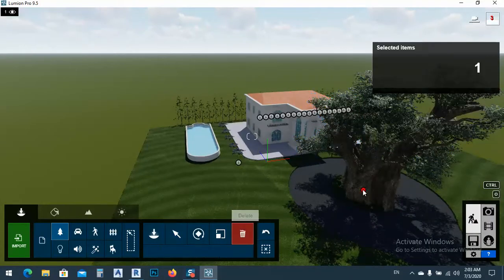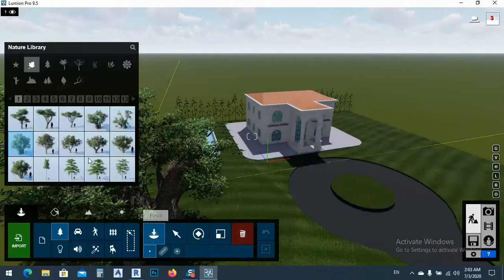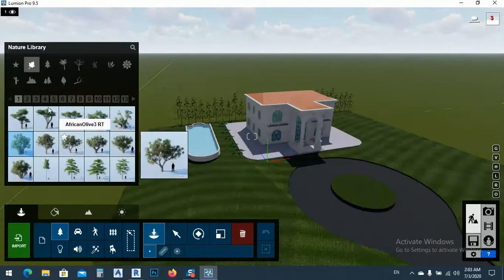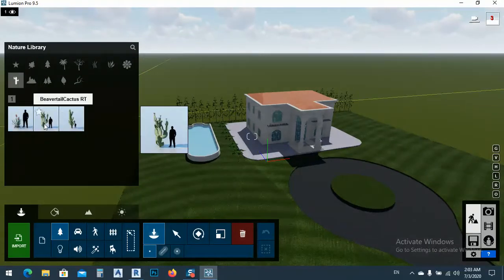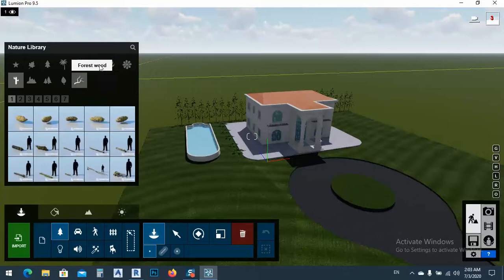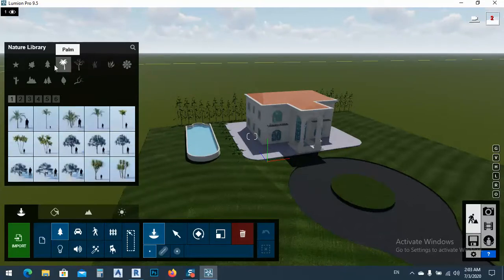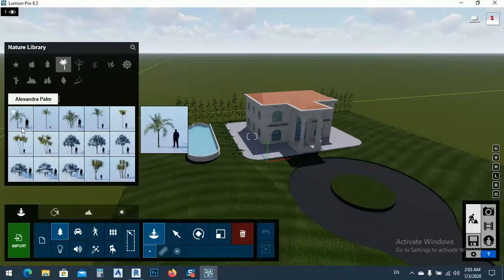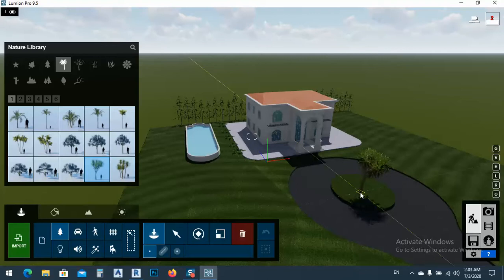I'll delete this one because it's too big. I will put another tree, or let's say a decoration tree. We can set the height, but let's see this one. Anyhow,